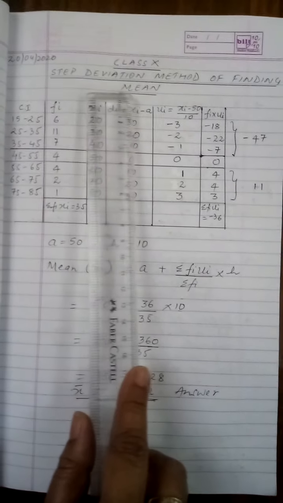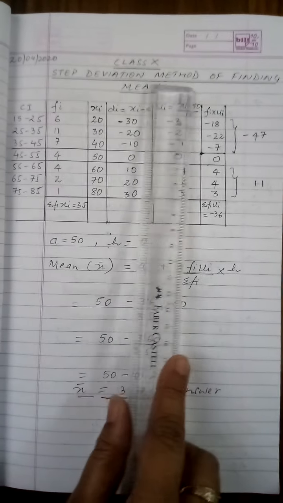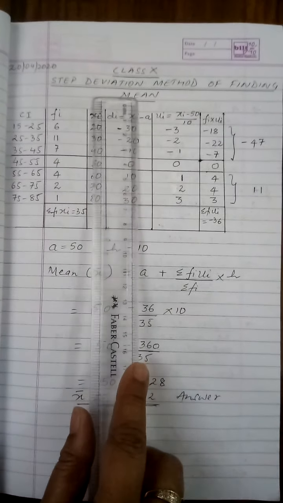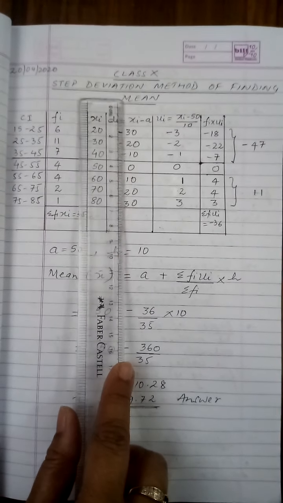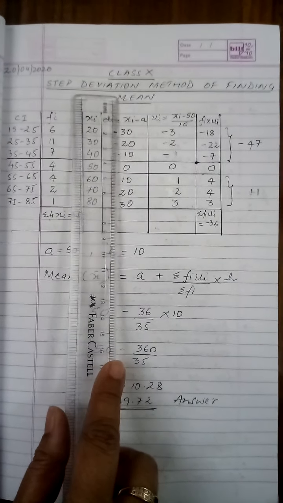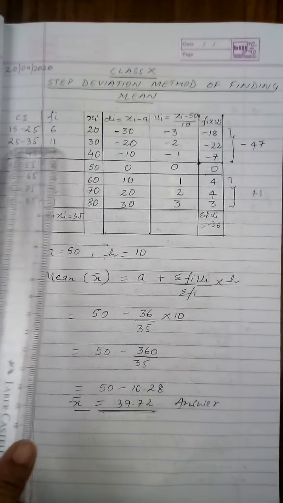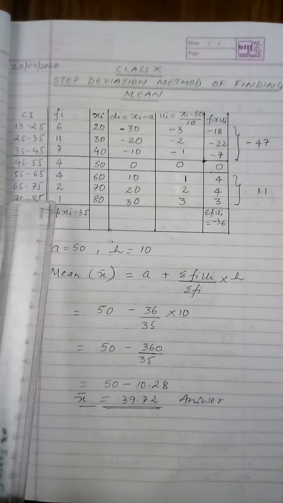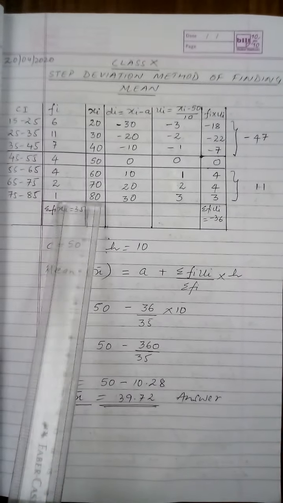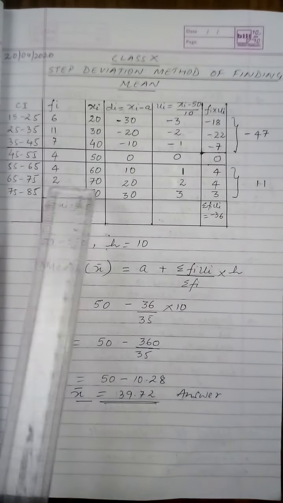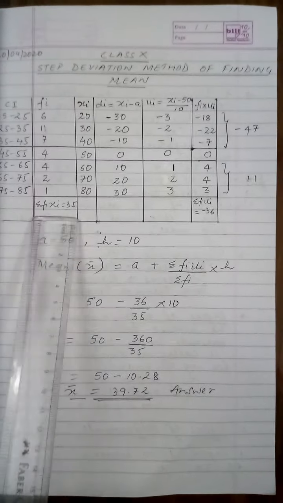In this video, I'm going to teach you how to find the mean by the method of step deviation. We have already done the direct method and the assume mean method, and you have already seen those two methods in my previous videos. Now here, the data that is given to me is 15 to 25, 25 to 35, and so on and so forth. The last class interval is 75 to 85. The values of Fi are given. I have totaled the Fi and I've got it as sigma Fi equal to 35.